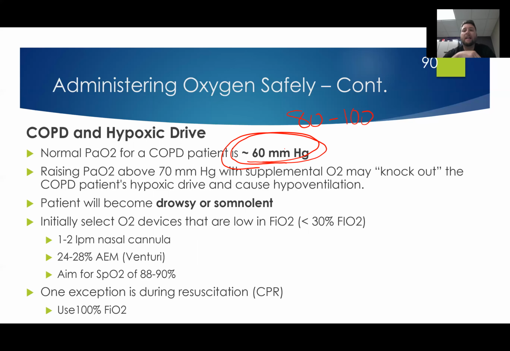So when we're doing that calculation that we learned in the first video, which is your desired FiO2 calculation, if we're doing that for a COPD patient, instead of using 80 like we did for a normal patient, we're going to use 60 for a COPD patient, okay? So we're going to aim for a PaO2 of 60 for these people. If we raise the patient's PaO2 above 70 with supplemental oxygen, it may knock out the COPD patient's hypoxic drive